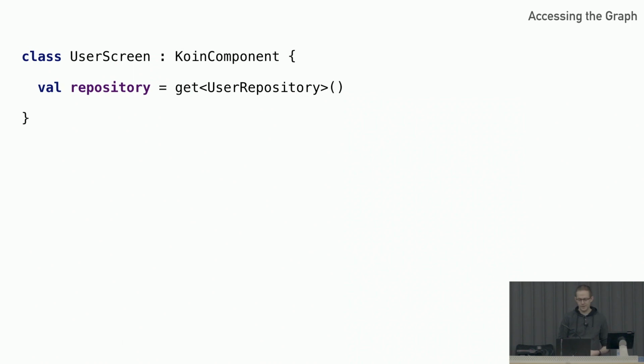It's called KoinComponent. It's just a marker interface. And then there are extension functions upon KoinComponent to give us reference to the get function and some other keywords without needing to write all that boilerplate. But it gets better if you're an Android developer, because again, the author is an Android developer. Since KoinComponent doesn't actually have any magic, it's just extension functions, he wrote the same extension functions for activity by way of component callbacks.